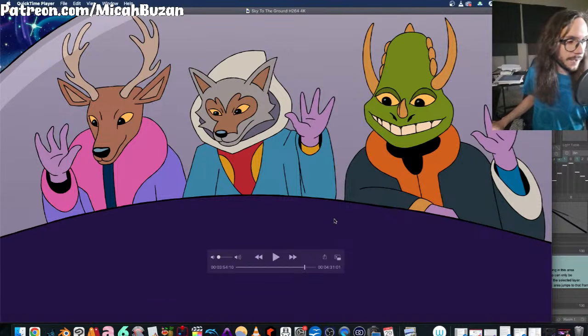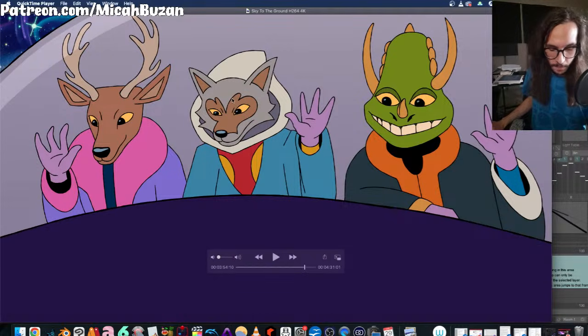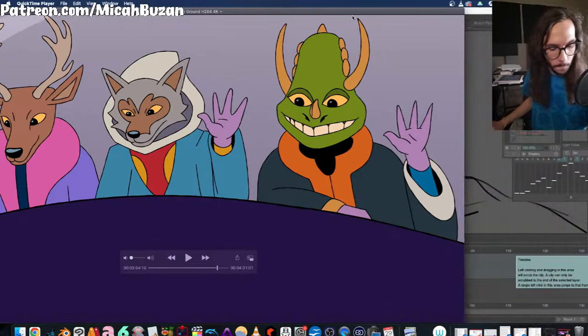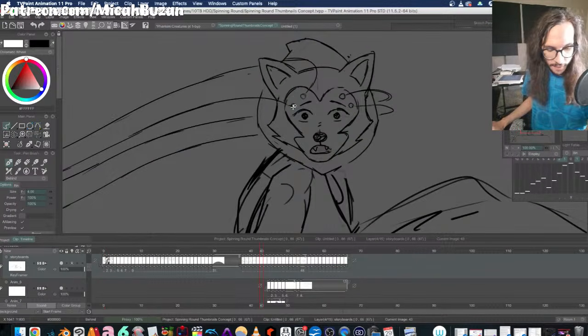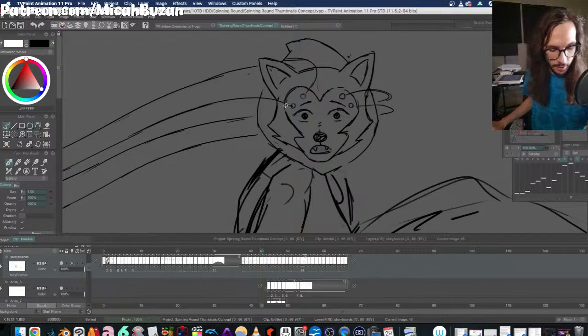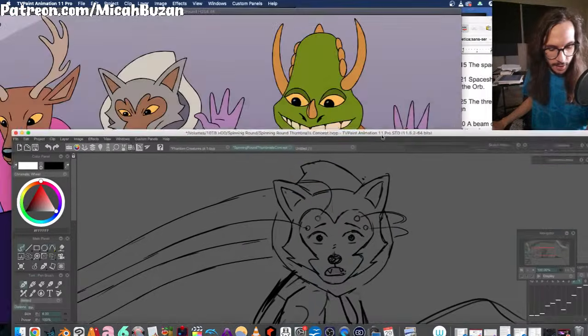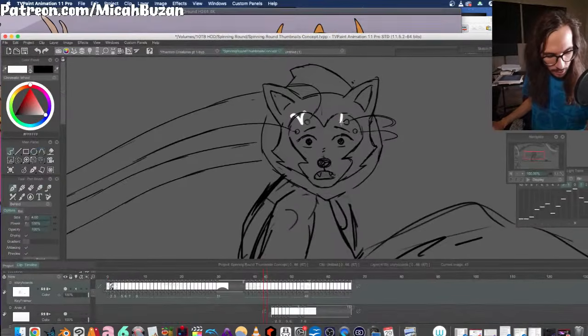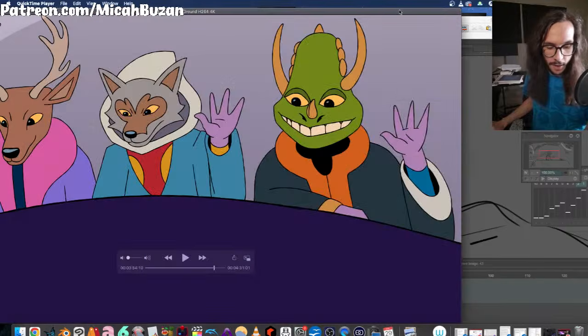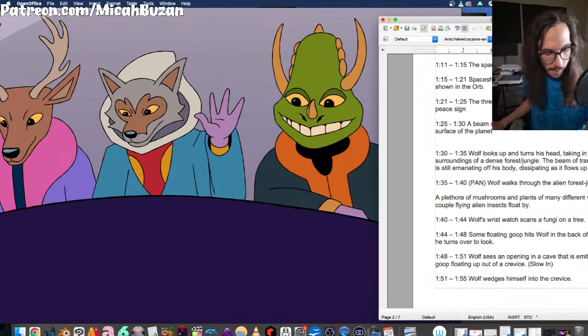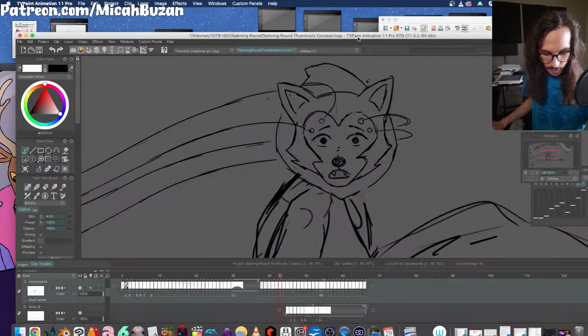I don't even know if it's that noticeable, but on this one he has 2 extra lines up here on his forehead, and I got rid of that and just have one singular line that comes down to the triangle in the middle of his forehead, instead of having these two shapes over here, where it would be 3 triangles on his forehead. It's just one triangle in the middle of his forehead. It might seem like a minor detail, but it's gonna make it a lot easier to animate,